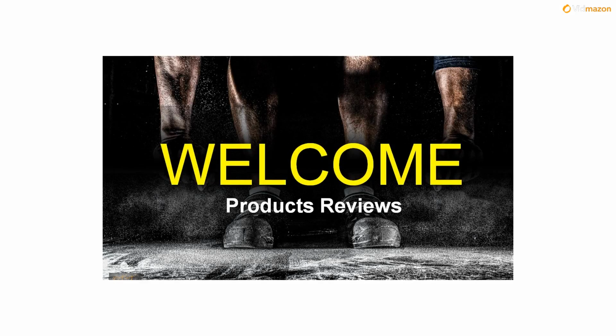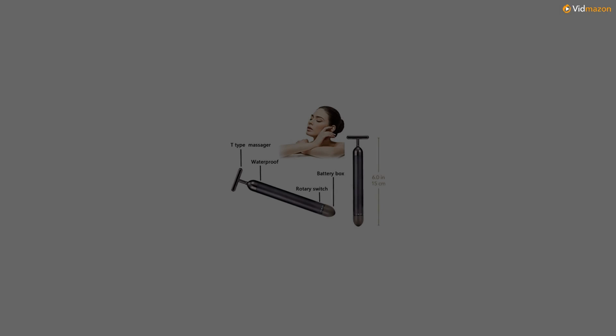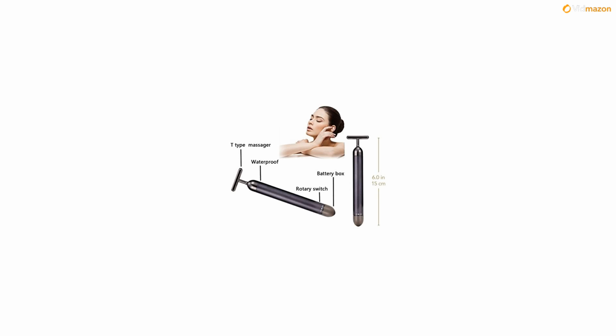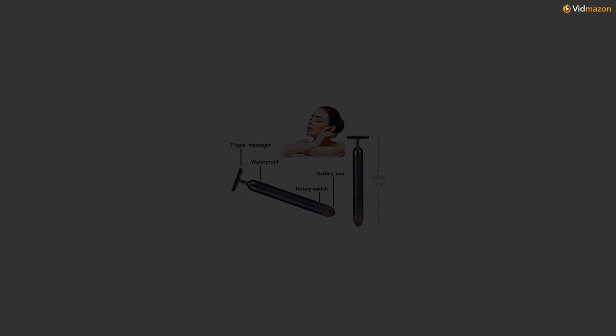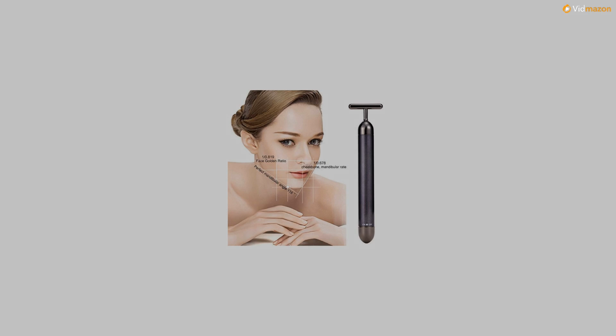Feature: remove eye pouches, reduce wrinkles around eyes, lips, forehead and neck, activate skin to keep it moist and elastic through vibration massage. Helps skin blood circulation. Vibration massage therapy is an extremely hot beauty technology and has been a sensation in skincare tools, operated by 1X